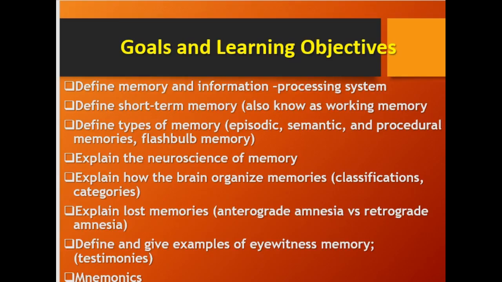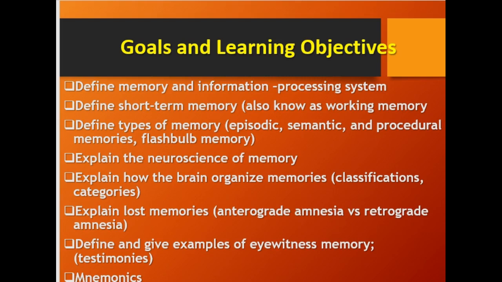Now, what are our learning goals and objectives for this presentation? We're going to define memory and information processing systems, define short-term memory, which is also known as working memory. We're going to define the types of memory, such as episodic, semantic, and procedural memories, as well as what flashbulb memories are. We're going to explain the neuroscience of memory, the brain processes and structures involved in memory, how the